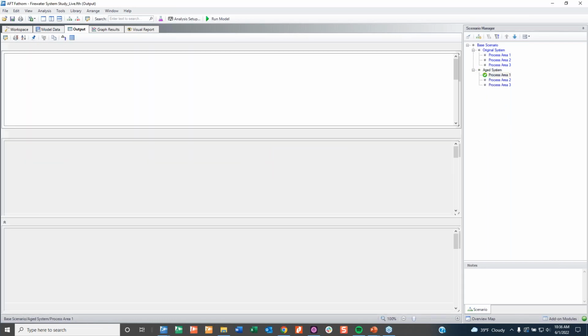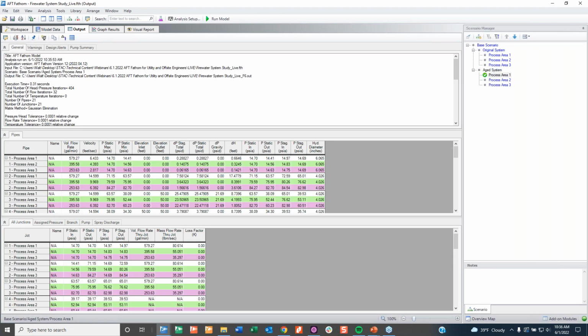And something that's cool, so I don't have to keep clicking around in each scenario, I can use multi-scenario output, which, like the multi-scenario graph, just overlays results from each scenario. Why that's useful, this is kind of gross probably for you to see watching a presentation, can be useful if you're just the engineer looking at things. So I can see, oh, it's 580 when I'm looking at area 1, it was 400 when looking at area 2, and